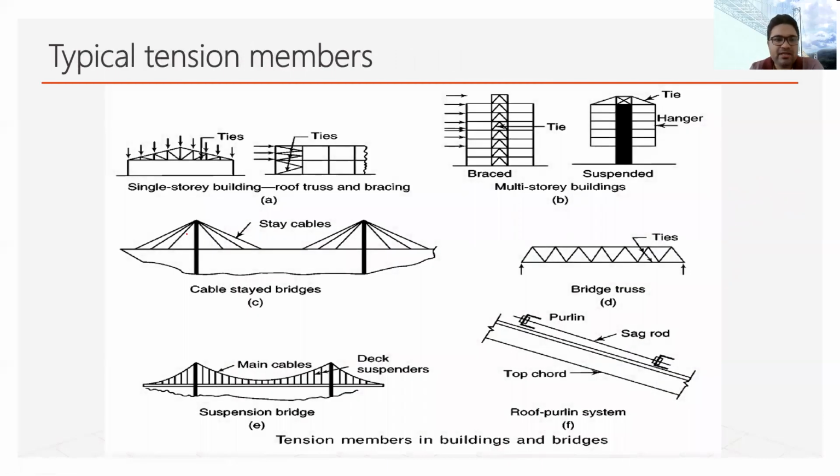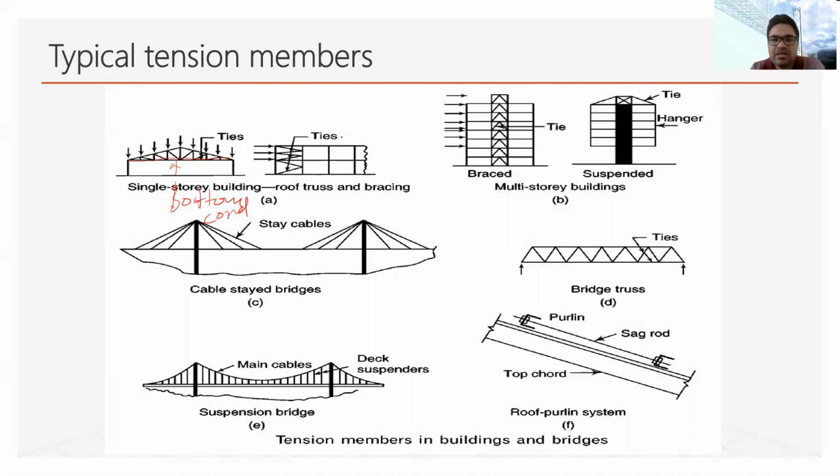So you can find that there are some trusses. In the trusses also, we have members which are subjected to direct tension. Like in case of a truss member, this lower part is subjected to the tension, 99% this lower part, which is called the bottom chord. And similarly, upper parts may be subjected to compression or tension, but the lower part will always be in the